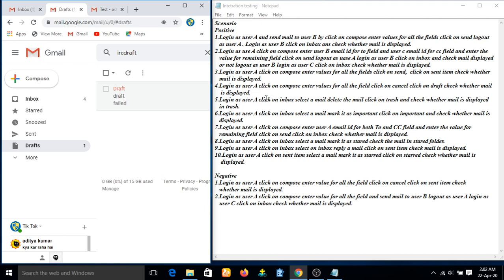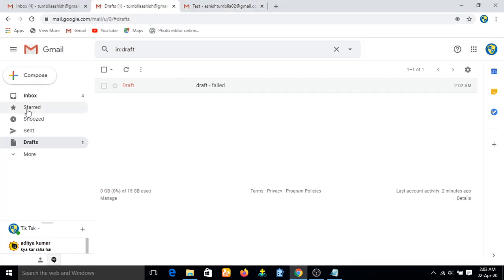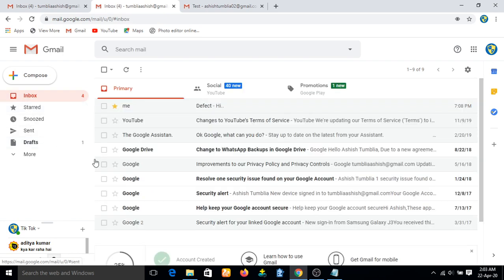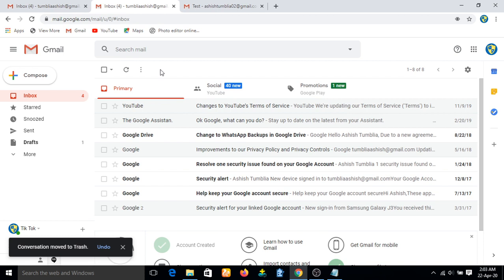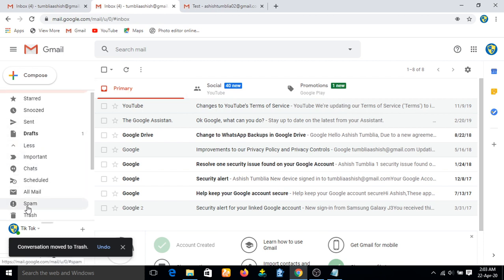Login as user A, click on inbox, select a mail, delete a mail, click on trash and check whether mail is displayed. Okay, so I am already logged in this account. Let's go to this one. Let's select it, delete this. Okay, go to trash. Okay, where is trash?